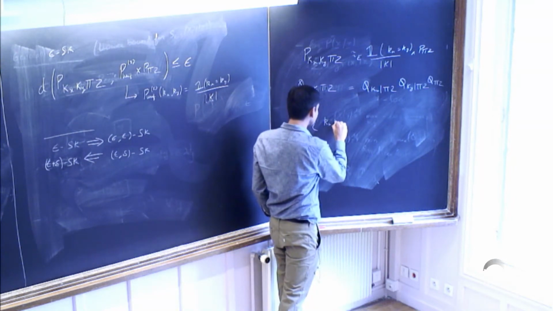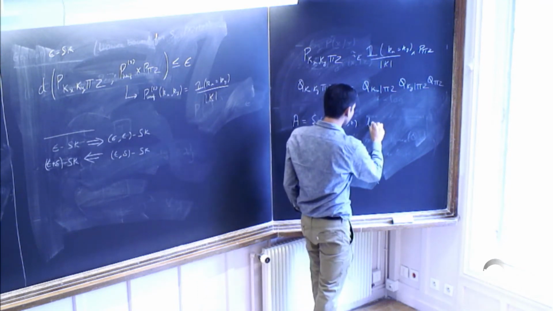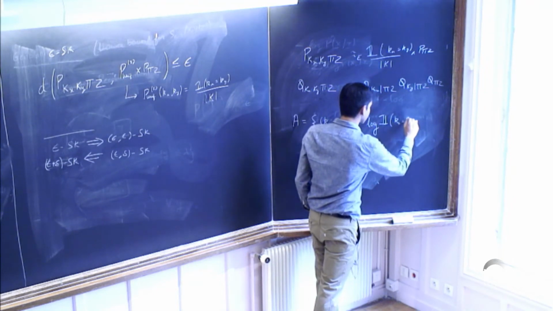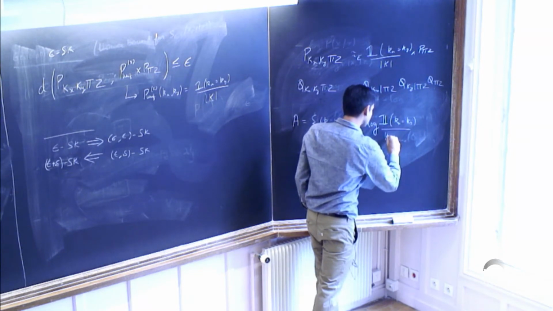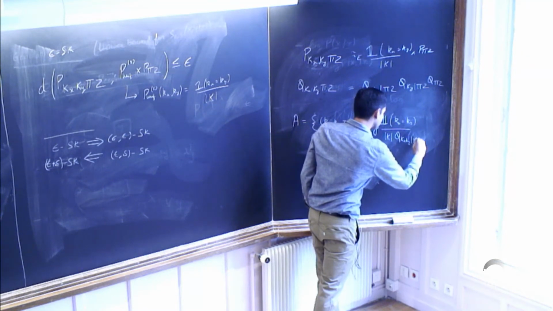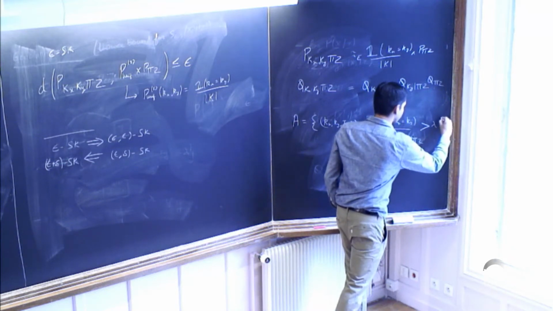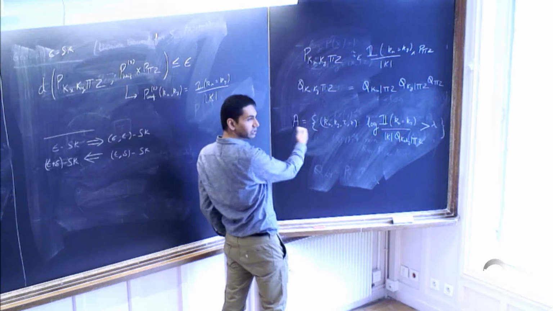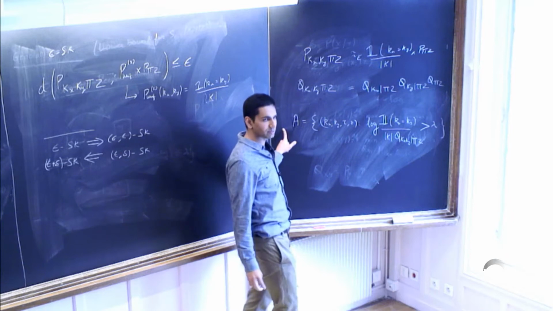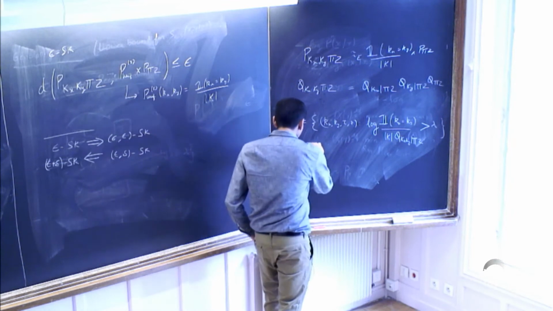If I have kx, ky, a transcript t and z, such that if you look at log, a very simple test of indicator function kx equal to ky, so if you look at this guy, it's more than some threshold lambda. So it's a threshold test. This is the region in which if I get something here, I'll declare this is the good case. This is what we'll call the acceptance region. If I get something here, I'll declare the good case. Okay, and this lambda